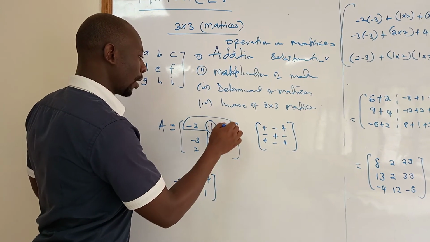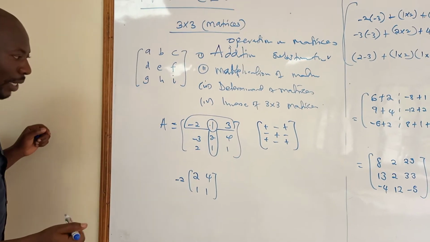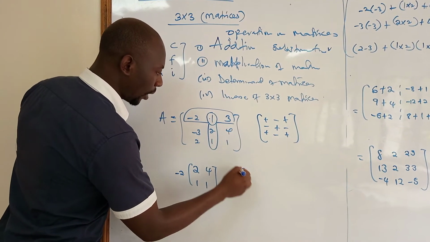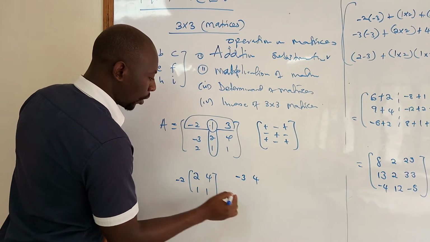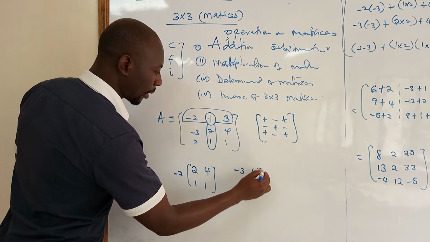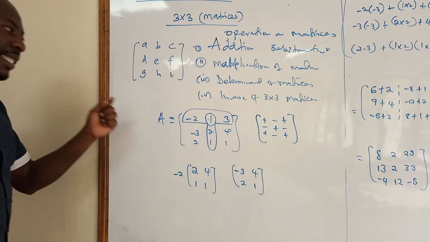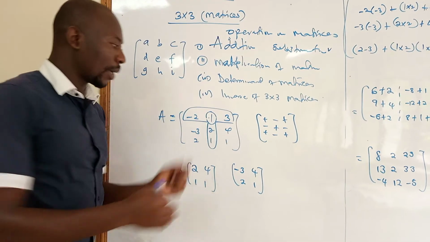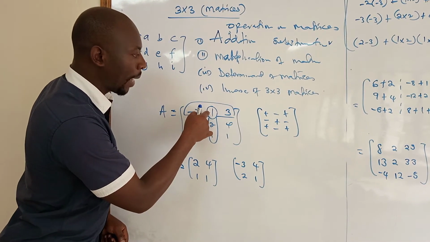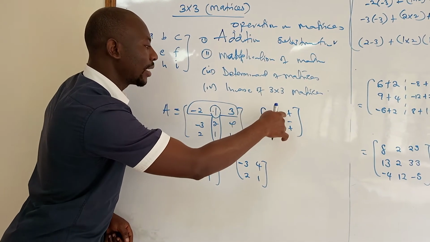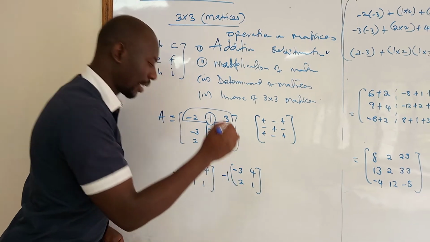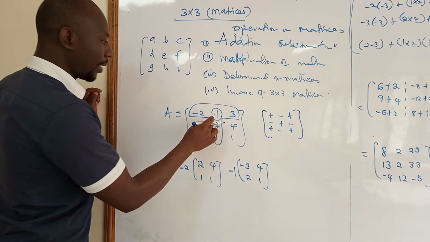If you do that, you end up remaining with a 2 by 2 matrix. That is -3 and 4 in this side, 2 and 1. But you take the sign of the element, the one that we had selected, multiply by the sign in this array, that is -1, then you multiply it there. Then again,